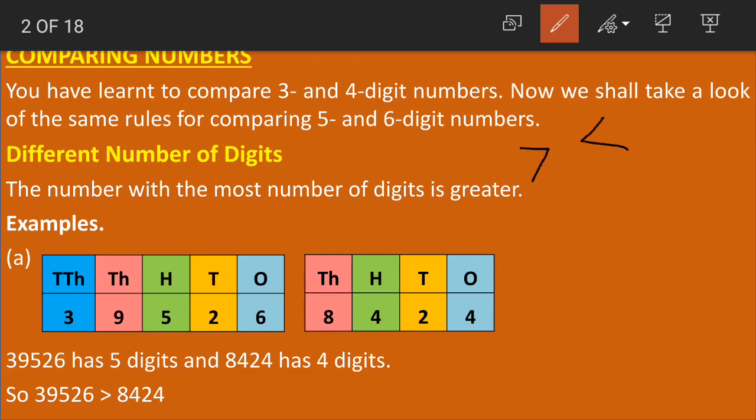Again, I gave you the example of 3 chocolates and 4 chocolates. If I place 3 chocolates on one side and 4 chocolates on the other side, what will you do? Which chocolates will you eat? Yes, you will obviously eat 4 chocolates, because we always want more in number.